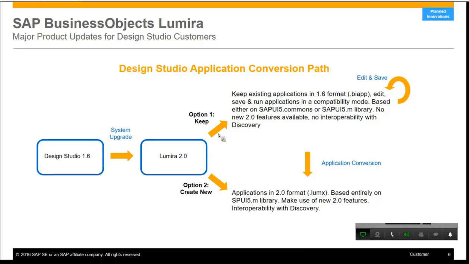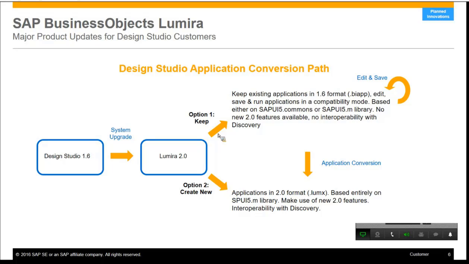With all these changes in design and architecture, let me assure you, we are planning to respect your existing investment in Lumira and Design Studio. With Lumira 2.0 Designer and BI add-on, you can continue to use your existing Design Studio 1.6 applications with no changes using compatibility mode, which we plan to deliver as part of 2.0. If you wish to take advantage of new features delivered as part of Lumira 2.0 Designer,